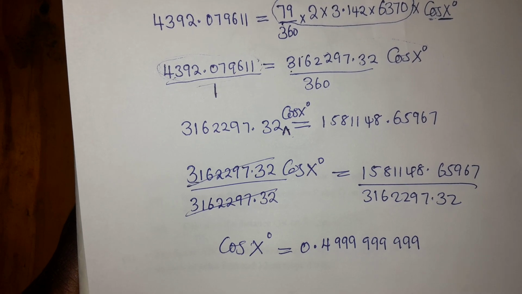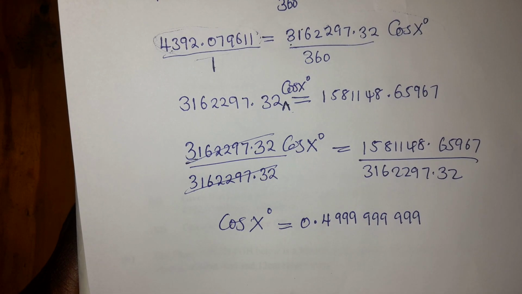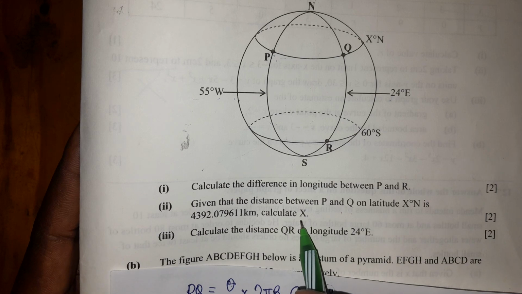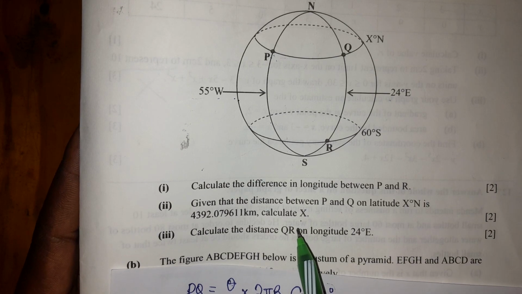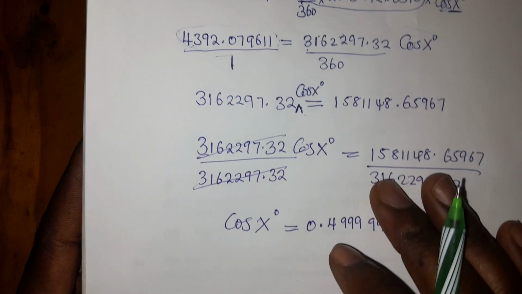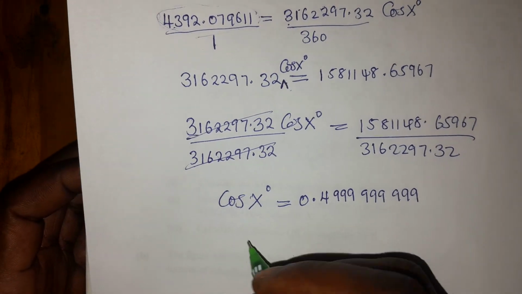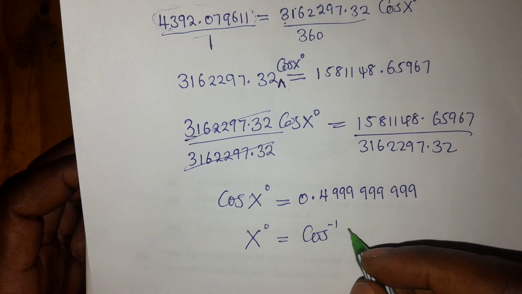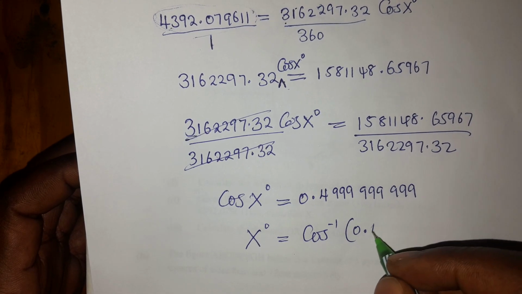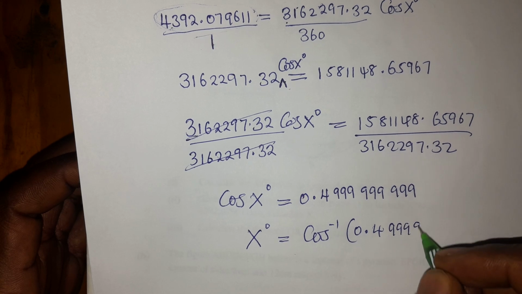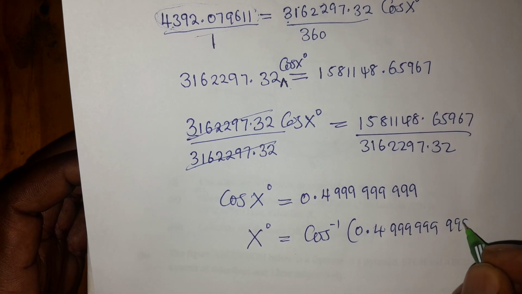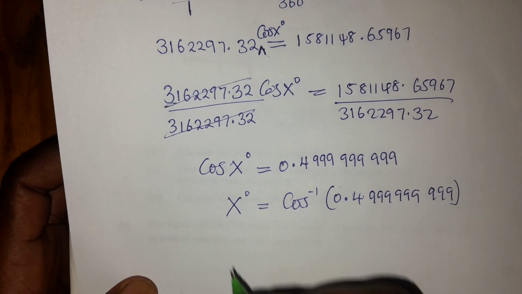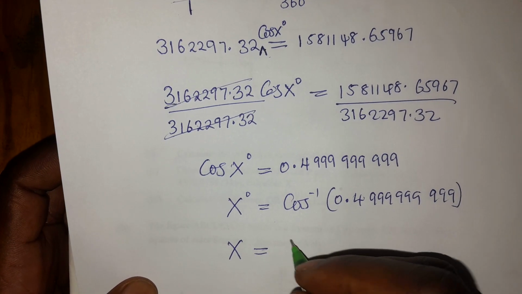Okay, then remember colleagues, that according to the question, we want the value of x. We want the value of x, not cos x. So now to get the value of x, we'll have to say x degrees is equals to cos inverse of this value here. You get that? When you punch this on your calculator, let's do that. What are we going to be getting? This is going to give us